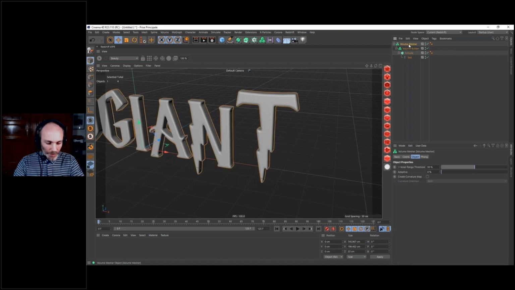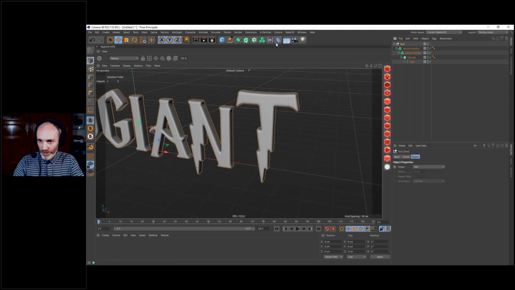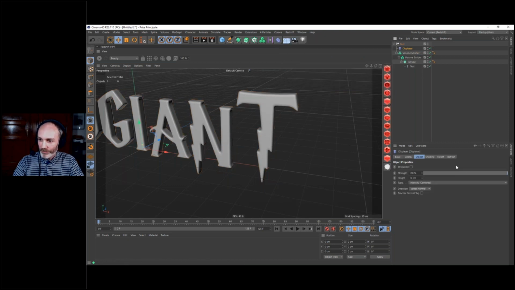Okay, so let's put that inside a null object. So we can add now, going there to the modifier, we can use our displacer. Holding Shift will put it as a child of the null object. So let's go, and we have our displacer.